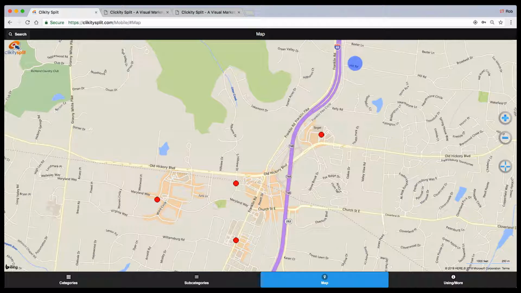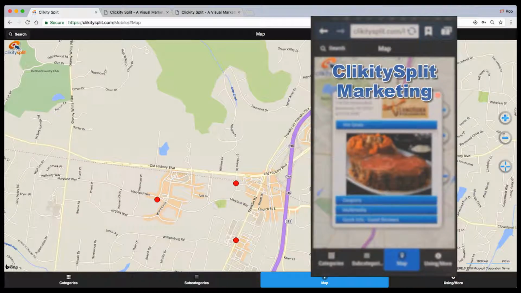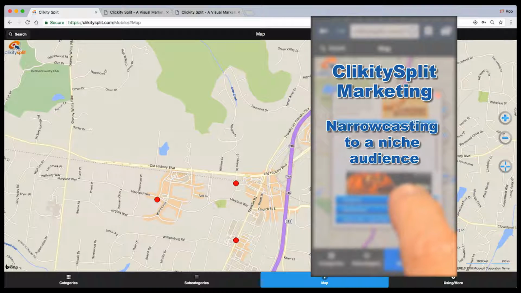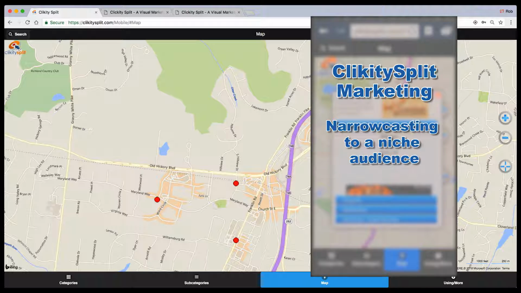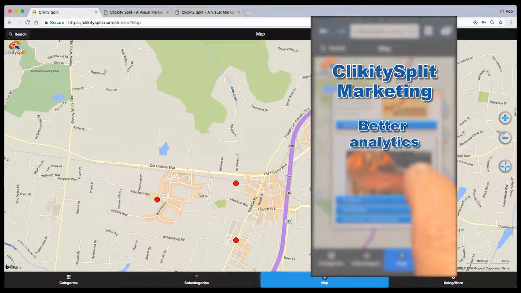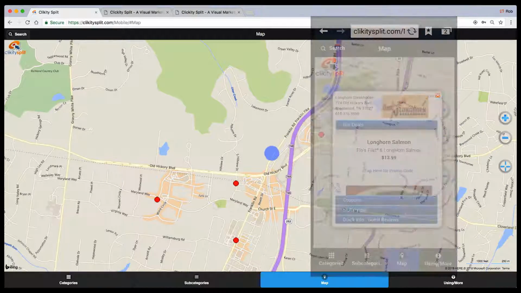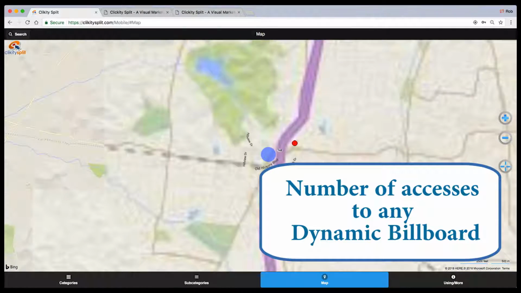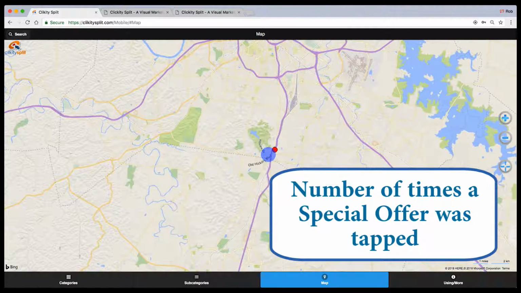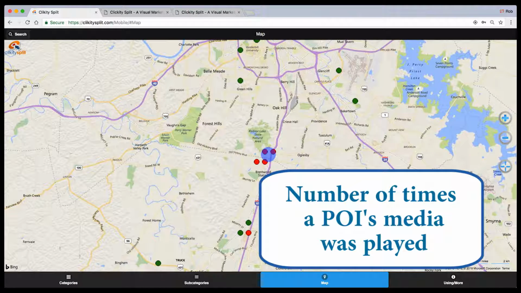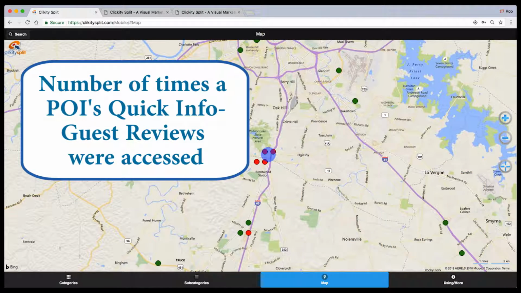For any business or point of interest to display on the ClikitySplit's hyperlocal map, that POI's GPS coordinates must fall within the displayed map's GPS coordinates. As a result, the ClikitySplit captures the heretofore impossible narrowcast analytics. The ClikitySplit captures every interaction with the business's dynamic billboard, including the number of times the dynamic billboard was accessed by an end user, the number of times a special offer was tapped, the number of times a POI's slideshow, video, or audio was played, the number of times a POI's quick info guest reviews marketing panes were accessed, and